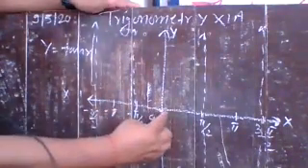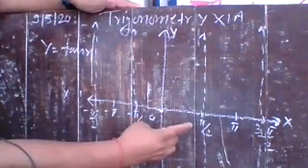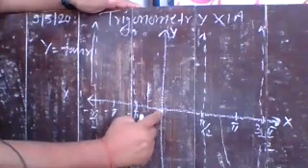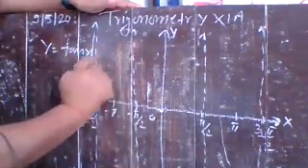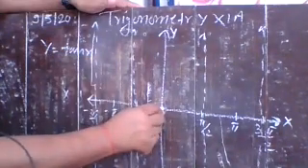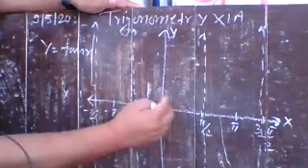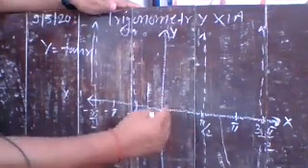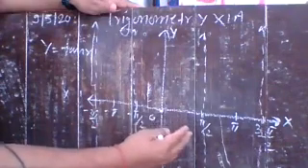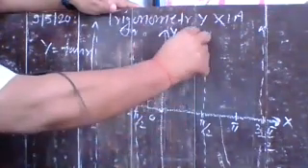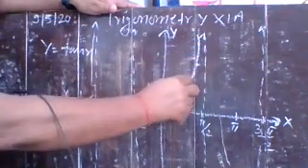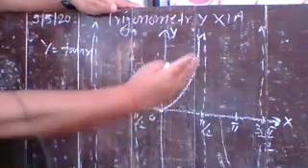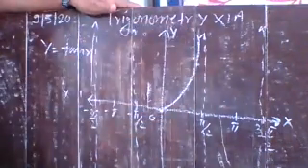Now see, in 0 to pi by 2, tan is positive. And if you put x is equal to 0 in tan x, you have y is equal to 0. Means the curve starts from this point and its value increases, and when the value of x becomes pi by 2, that is 90 degrees, it becomes infinite. So you can say that in the interval 0 to pi by 2, in the first quadrant, the curve is increasing in this way.